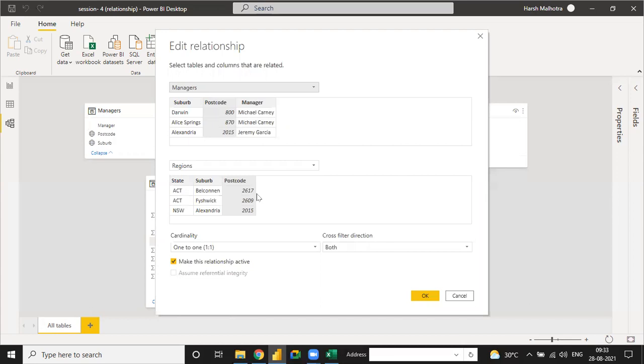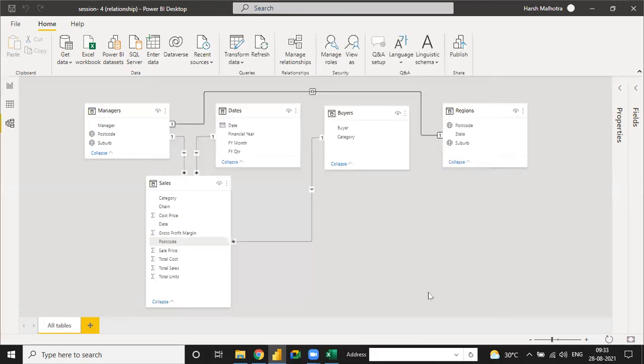So here we want to filter from both the tables, like manager as well as region, and click on OK. See, when one table is connected to another table, and that table is connected with a third table, the first table is automatically connected with the third. Like A to B and A to C means B to C is automatically connected. So we don't need to connect the region table to the sales table, because it's automatically connected as a union.